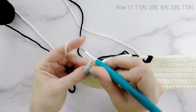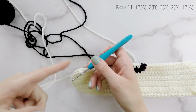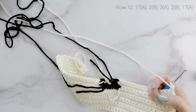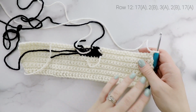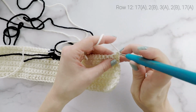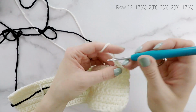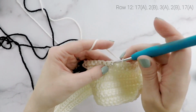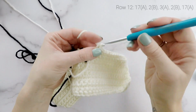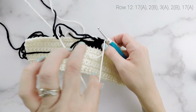Okay, so I'm at the end of row 11, that was. So now we're on to row 12. I'm going to chain 1 and turn. For row 12, we are going to work 17 with color A. Okay, I'm on the 17th stitch, so I'm going to start off with color A,